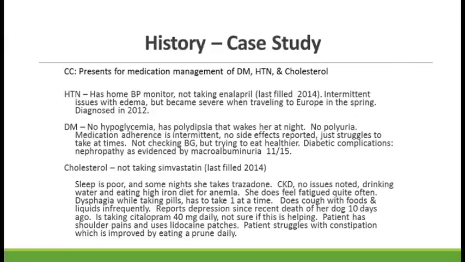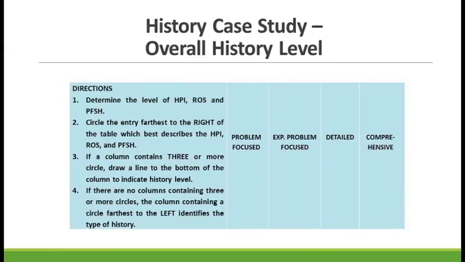She uses lidocaine patches for her shoulder pain and struggles with constipation, which is improved by eating a prune every day. Before we get started on each level of history, let's look at the directions in the history section of the auditing tool. It tells us to determine the level of HPI, ROS, and PFISH, which we will do in a minute. Number 2 states to circle the entry furthest to the right of the table that best describes the